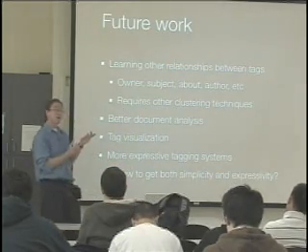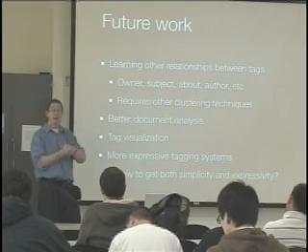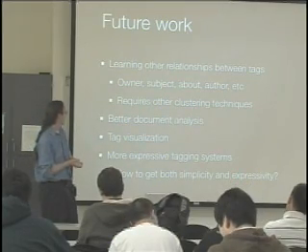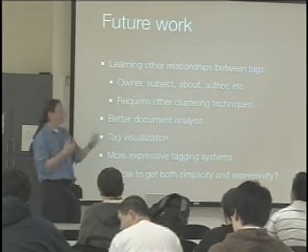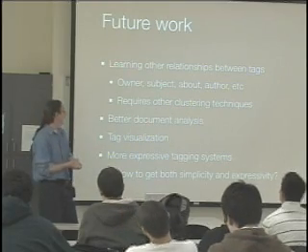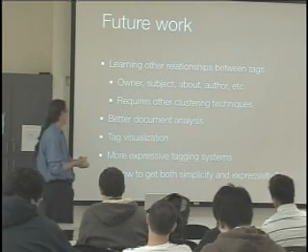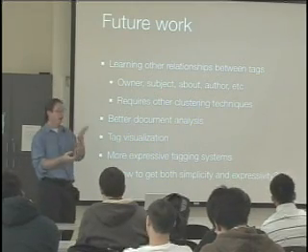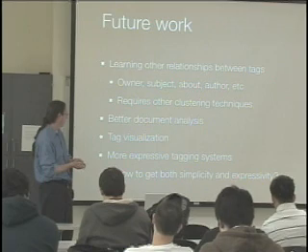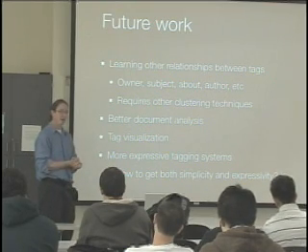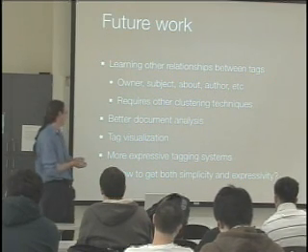Also, we're trying to figure out other relationships. Subclass, superclass is only one. That's the easiest one to infer. But we'd like to infer things like owners and subjects and things like that. We're going to have to be a little more clever about how we cluster to do that, I think. We can do much better at document analysis, I think, than we do right now. TF-IDF is a pretty simplistic mechanism, but it's great because it's fast.